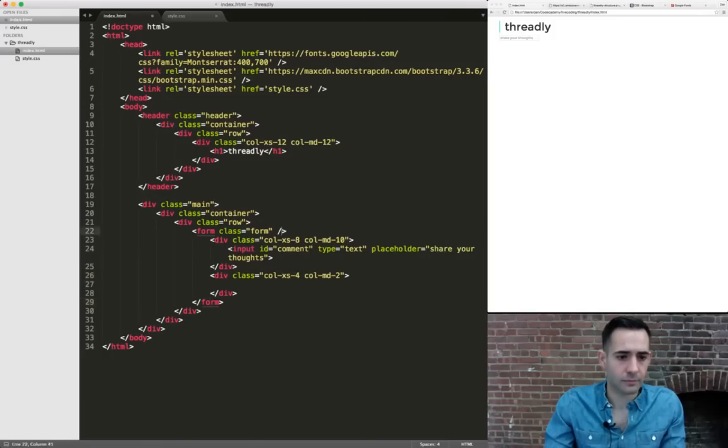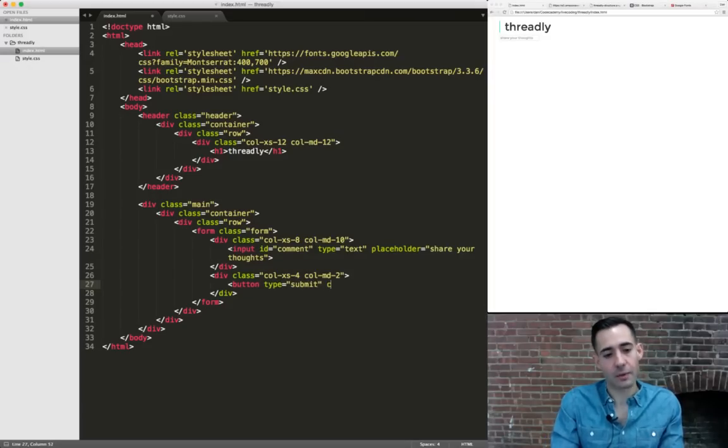And I close my form tag a little early there too. So we're going to use a button for our submit element. And to do that, we're going to create a button tag. And the type of it is going to be submit. And we're going to give it a class of button too. And inside of there, we're going to set the text to post, and we can just go ahead and close